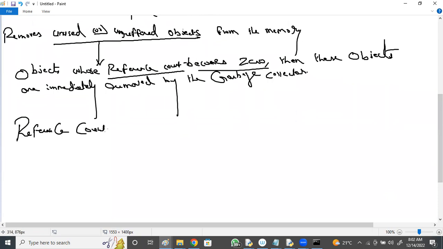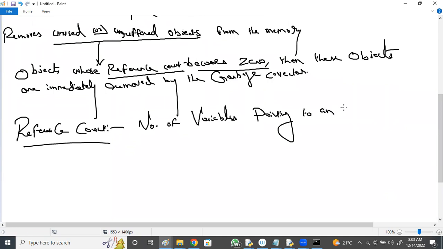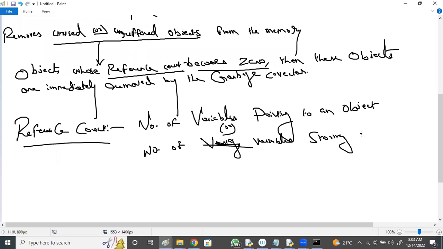Reference count is the number of variables pointing to an object, or the number of variables storing the address of an object.